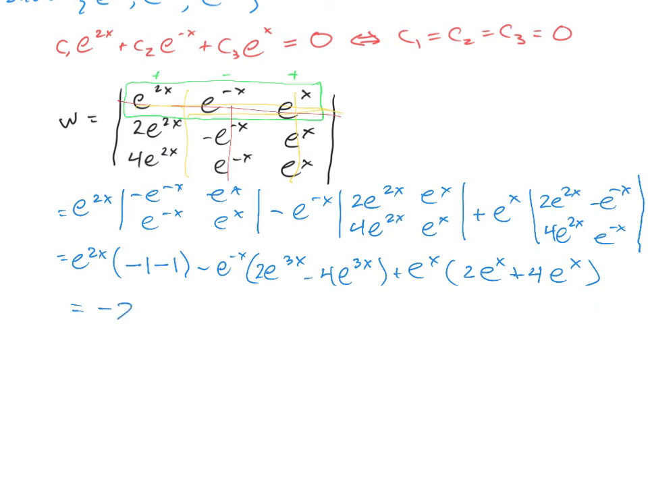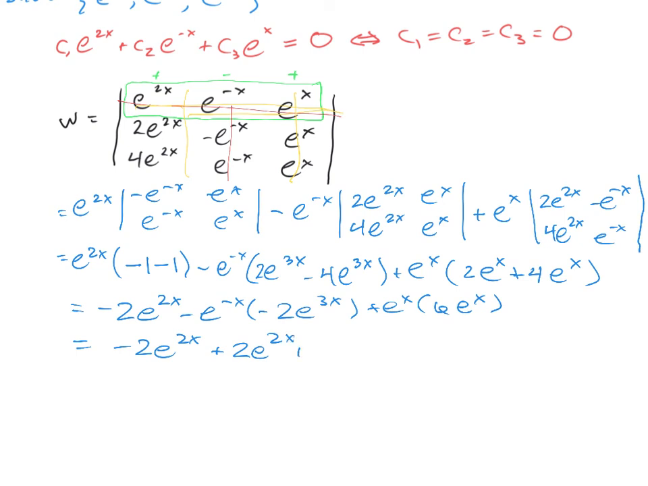So we're going to have a negative 2 e to the 2x for the first term, a minus e to the negative x times negative 2 e to the 3x for the second term, and then an e to the x times 6e to the x for the last term. So that's negative 2 e to the 2x plus 2 e to the 2x plus 6 times e to the 2x. These are all like terms that can be combined, and we have just a total of 6 times e to the 2x. And we know that exponential functions are never equal to 0, so therefore we know that our set is linearly